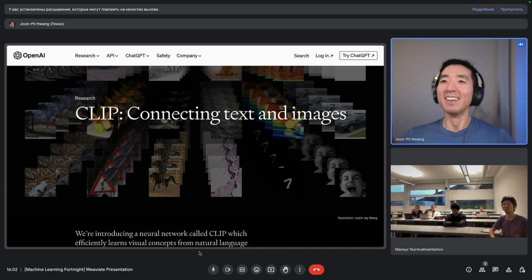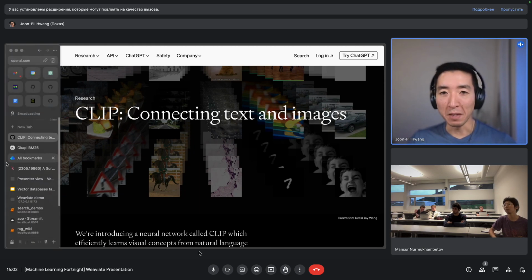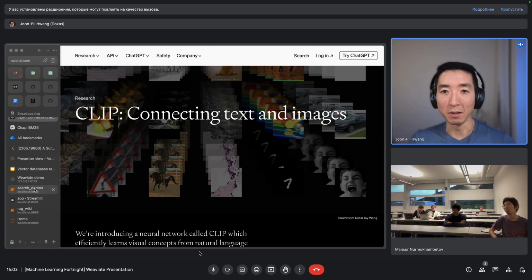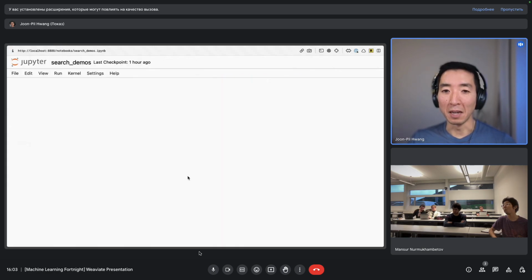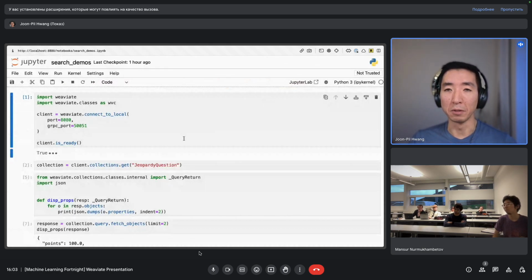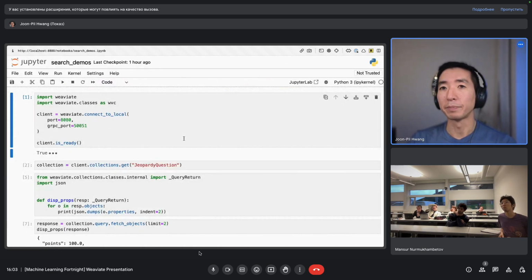All right. Where were we? What I think would be useful at this point is for me to open too many tabs and do some live coding, because I feel like that could be useful. So we can go through some examples of different searches, and then go from there.